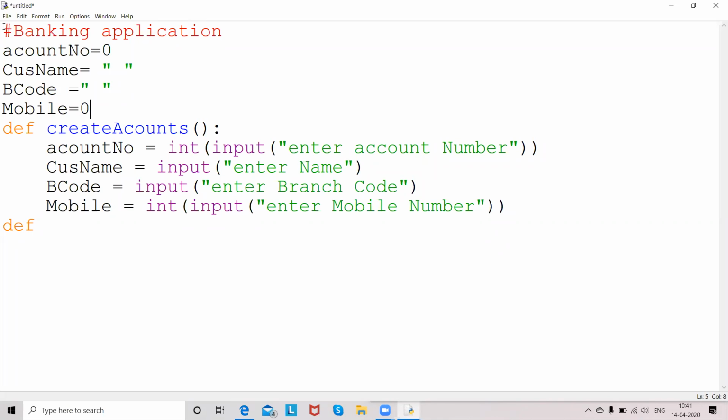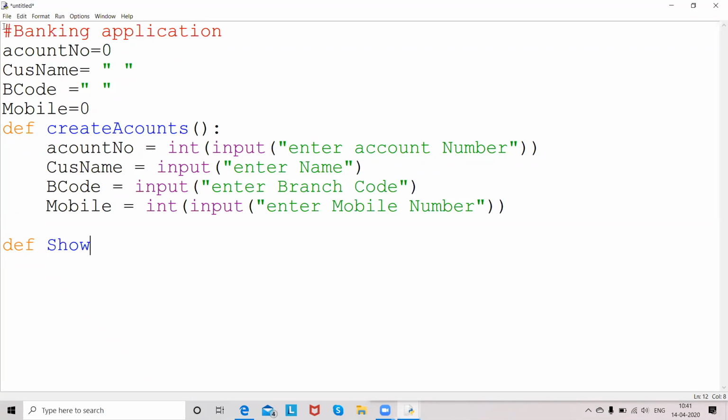So which means the variables I made in the global area so that these values can be available throughout the program. As of now, we know if you declare any variable inside here, they will be local to this particular function. So you cannot use them outside. So I wanted to use them in different areas, like in displaying function or maybe in the withdrawal function or deposit function. Now the second function, this is to display the profile of the user or account details of the user.